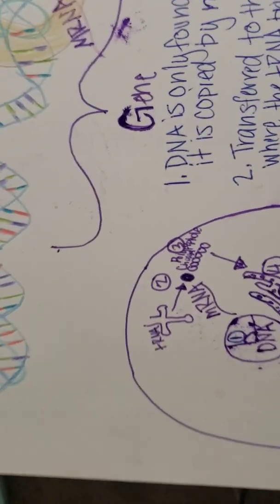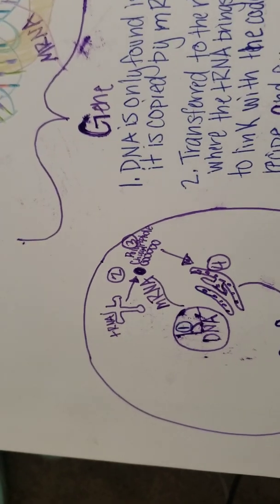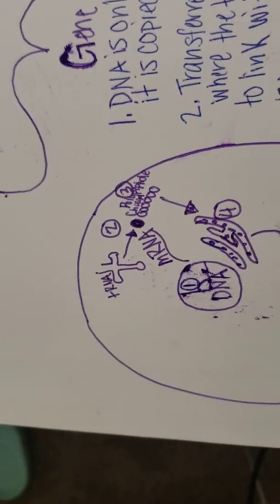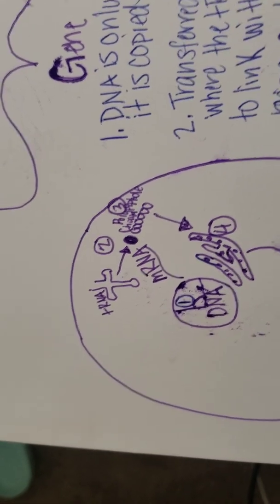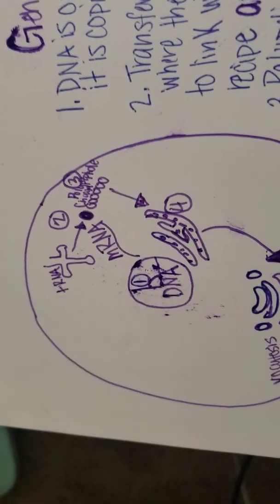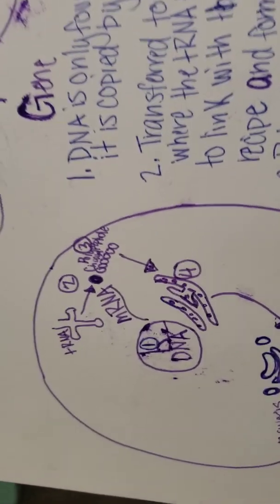and they form the polypeptide chain, which is my number 3. That's my polypeptide chain. And then the polypeptide chain is the protein. So this is where it comes to the translation. And if modification is needed, I've gone further. It then goes to